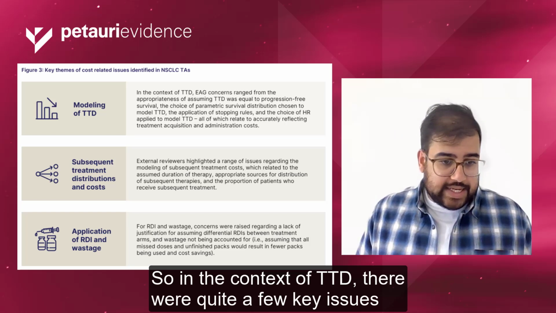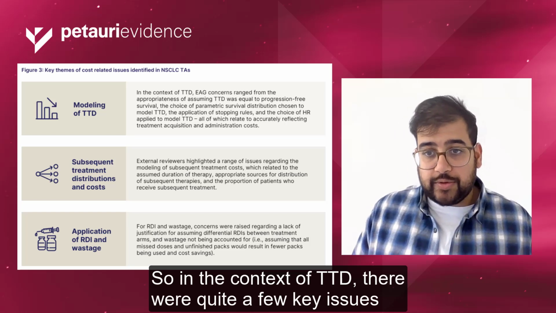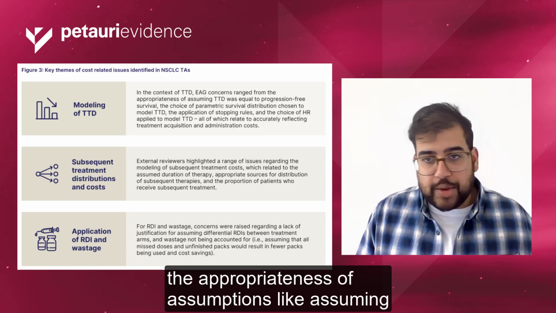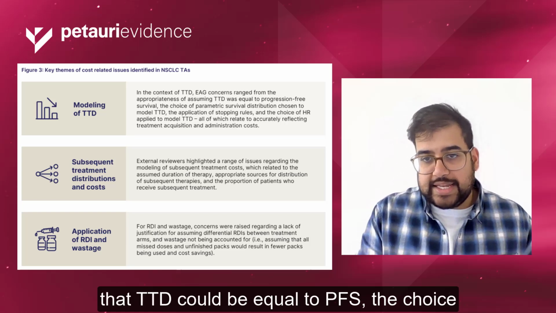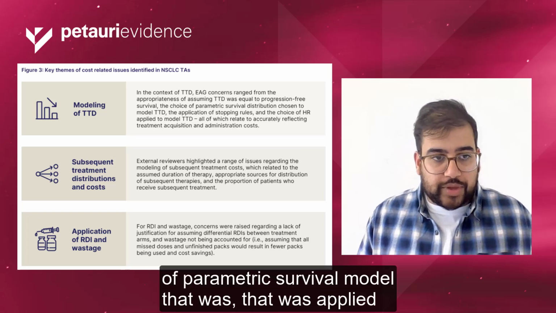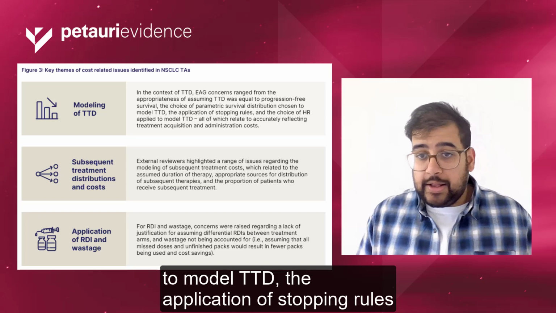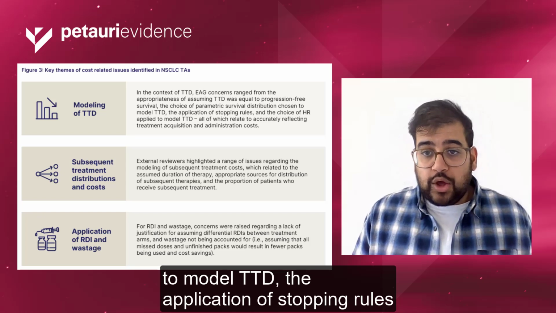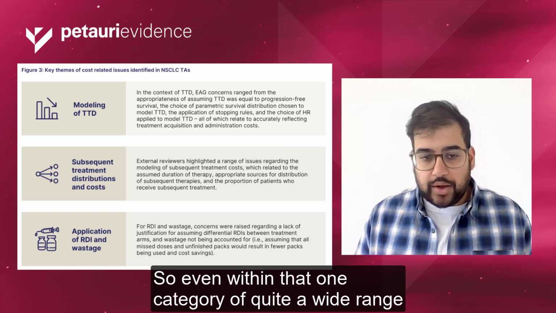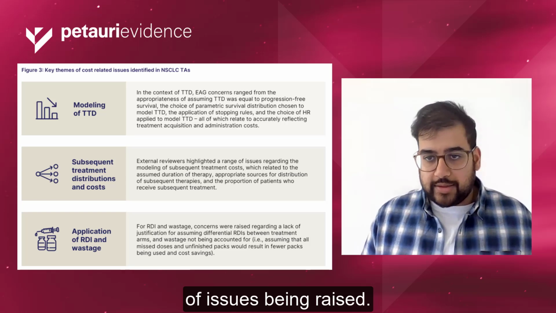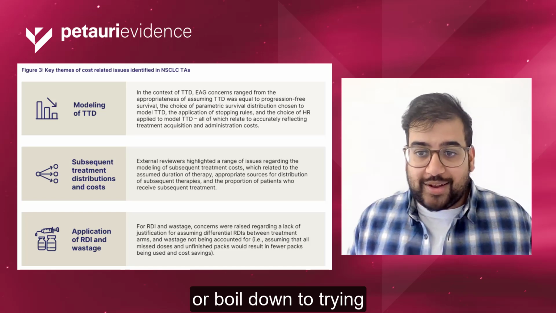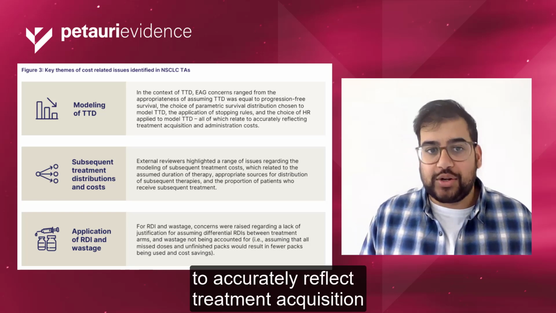So in the context of TTD, there were quite a few key issues raised. And these concerns range from the appropriateness of assumptions like assuming that TTD could be equal to PFS, the choice of parametric survival model that was applied to model TTD, the application of stopping rules, or the choice of hazard ratio used to model TTD. So even within that one category, there were quite a wide range of issues being raised. But all of these really boil down to trying to accurately reflect treatment acquisition and administration